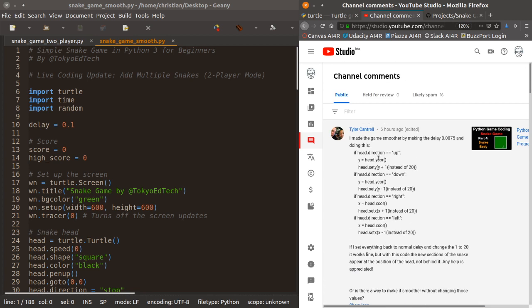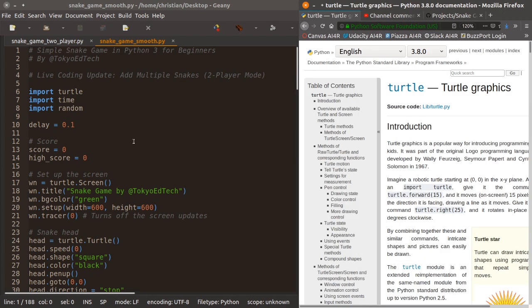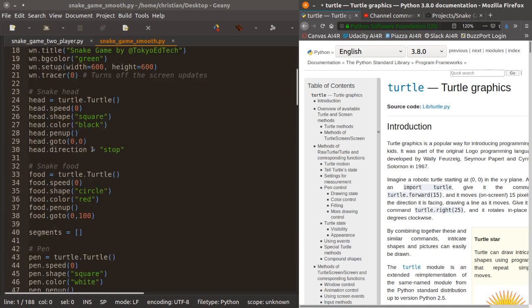So from Tyler Cantrell, the question is, making the game smoother. So instead of it moving in jump, jump, jump, jump, jump, he wants it to move a little bit at a time. So I think I can figure this out. Let's try this. What I'm going to try and do here, and I'm hoping it works, is I'm going to set it so that the head, let's see, how am I going to put this? So that the head